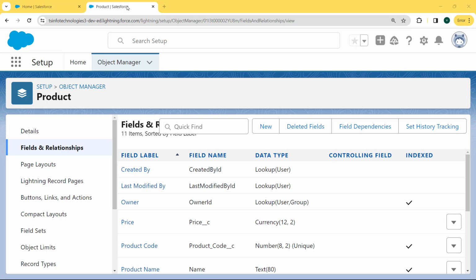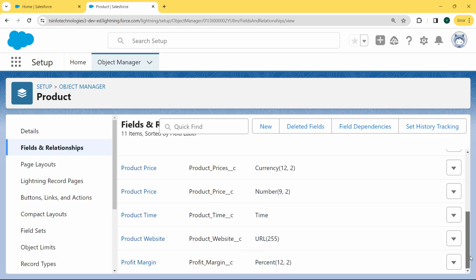After creating the field, we come back to our fields and relationship page, and under this page we can see our Profit Margin with percentage, 12 is the length and 2 is the decimal place, created successfully. Now we want to see whether we have set the length and decimal place for the percentage field or not. So we click on the app launcher